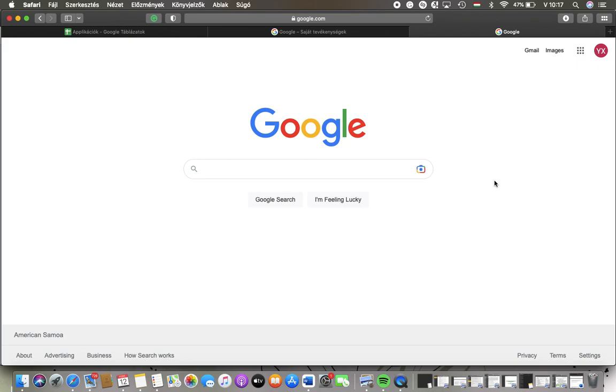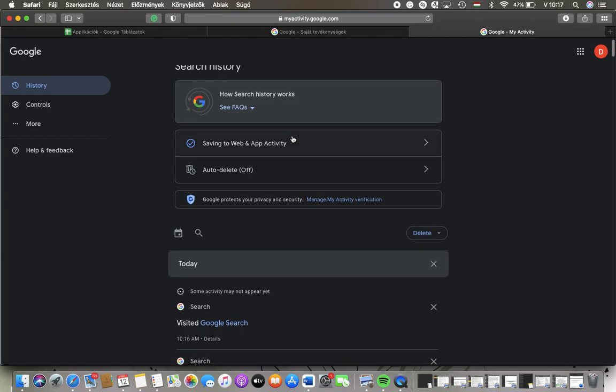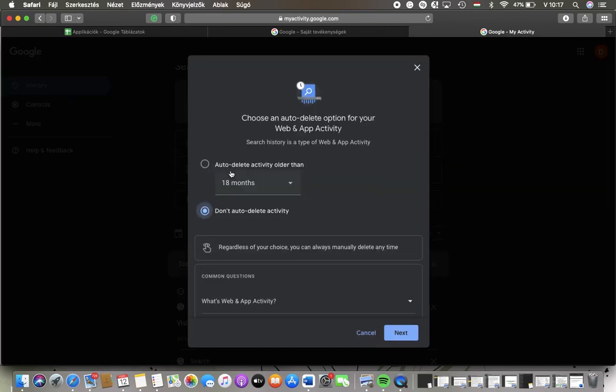First of all, open the website on your device and after that tap on the settings button down below in the right side corner of the screen. Then tap on search history, which is the fourth button, and after that you should tap on this history button in the left side column and then tap on this auto delete section, which is the second one, and then